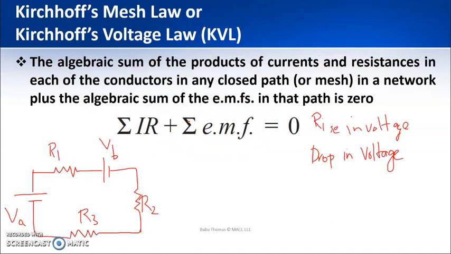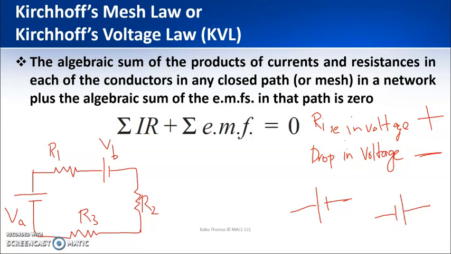In Kirchhoff's voltage law, one important thing is there because of the parameter of algebraic sum. Here also, a rise in voltage will be taken as positive and a drop in voltage will be taken as negative. Rise in voltage is taken as positive and drop in voltage is taken as negative. That is in the case of a battery. When it has a positive terminal, it has a negative terminal. So the same battery can also be represented like this.